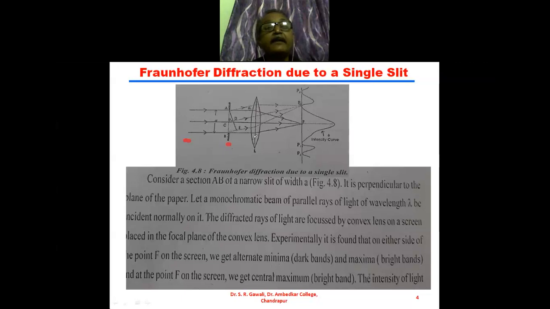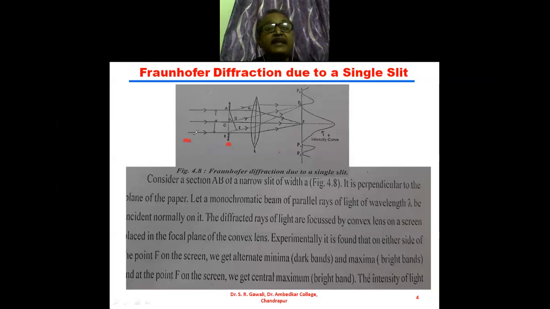Then as these parallel rays of light are incident on the diffracting obstacle, that is the single slit, these parallel rays are to be focused to a single point, and for that purpose there is the convex lens L. This is the convex lens L which is used for focusing the parallel rays of light. I have told you previously that in the Fraunhofer diffraction, two lenses are necessary. So this is one lens and the other lens is for obtaining the parallel rays.